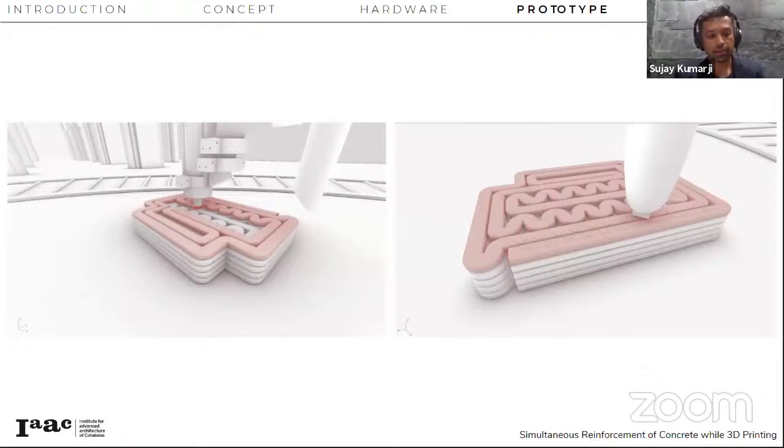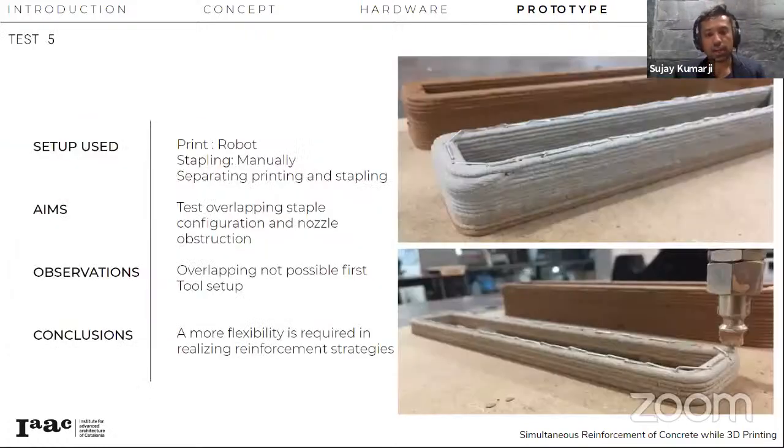So this was an image of how we envision it. The first print happens, and in the second stage, the whole reinforcement is stapled into that. Based on that, we did a few more samples to test how overlapping happens. There were a couple of problems that we needed to debug to ensure that no obstruction was created